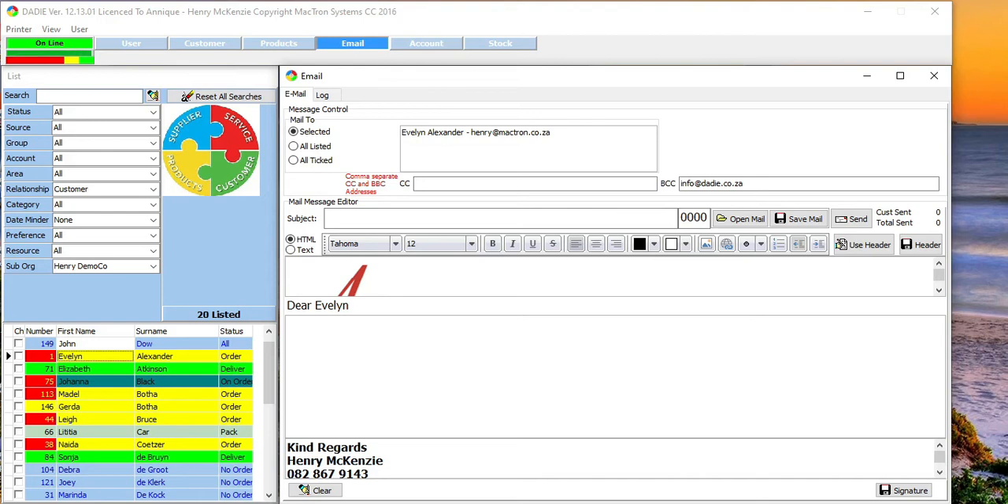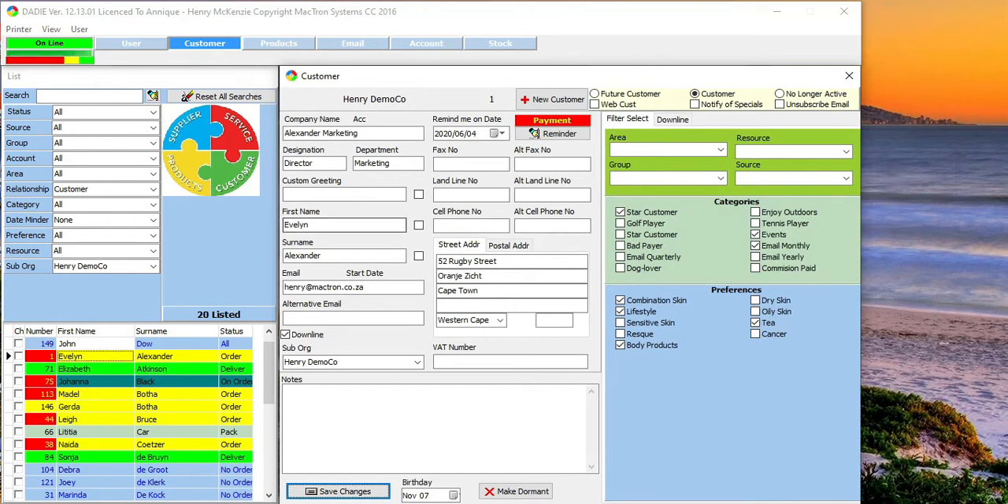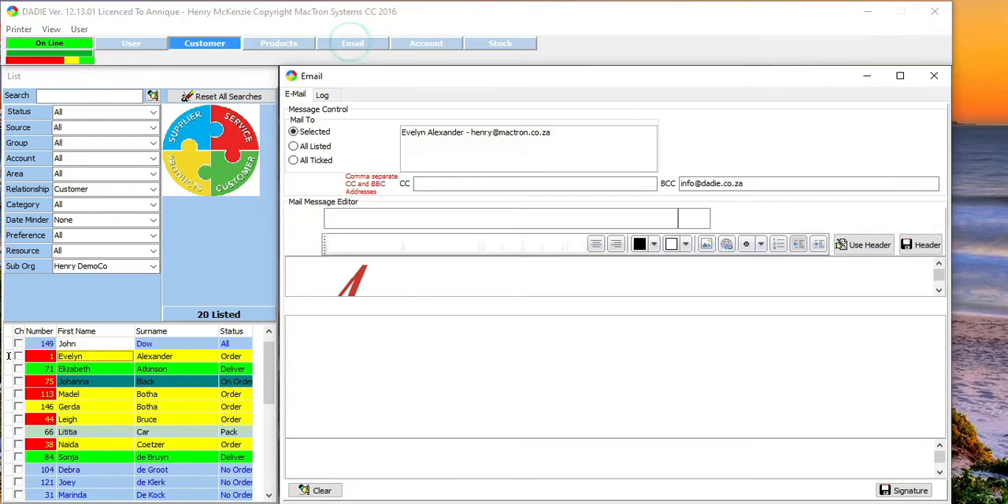Going back to the customer setup, you may want to address specific customers in a different or more formal way. For example, Evelyn Alexander might be a professor in marketing, so you want to address her as, Dear Professor Alexander. You now add, Dear Professor, and tick the tick box next to the Dear Professor and next to her surname. If we now go to our email page, you will see how she is